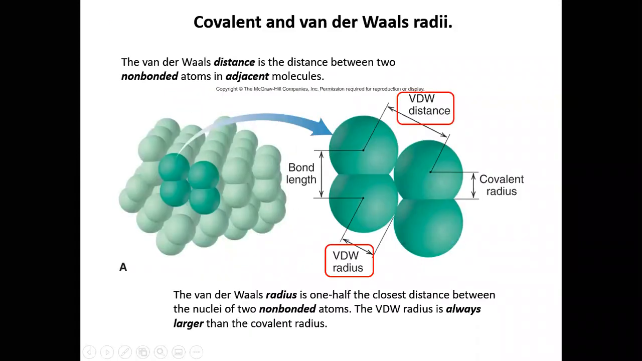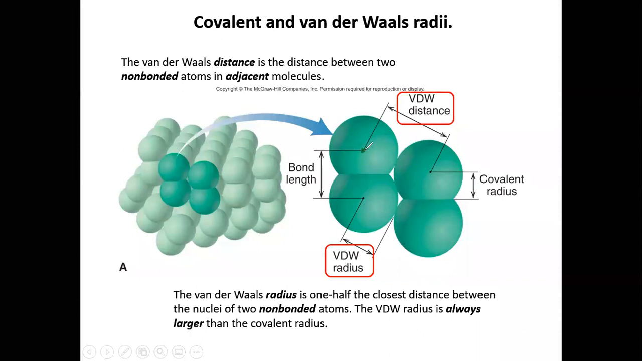So when we talk about non-bonding distances, we're referring to what's called the van der Waals radii. The van der Waals radii is different than the covalent radii. Van der Waals distance is the distance between two non-bonded atoms in adjacent molecules. So for example, if this is one molecule, this is the other, the van der Waals distance would be the